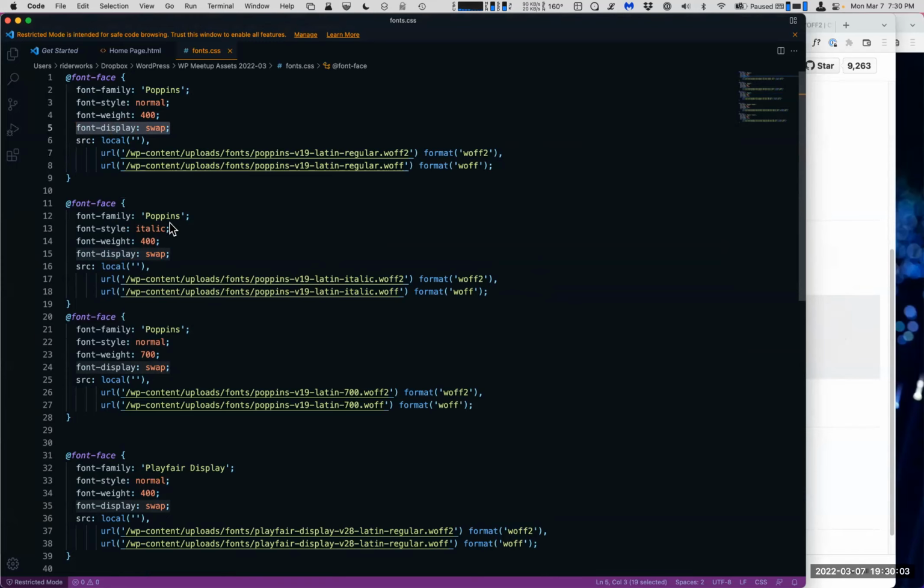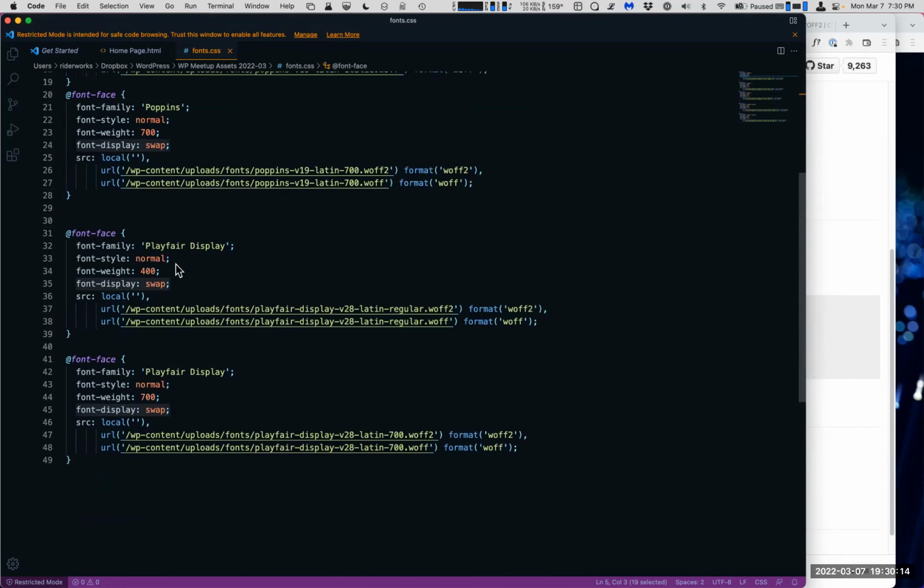And so these are Poppins. You can see the font weight is 400. This is an italic font. This is the normal font. This is the normal 700 weight font. I put in the swap for all of it. And I did the same thing here with @font-face and put these in here. And so where I put them